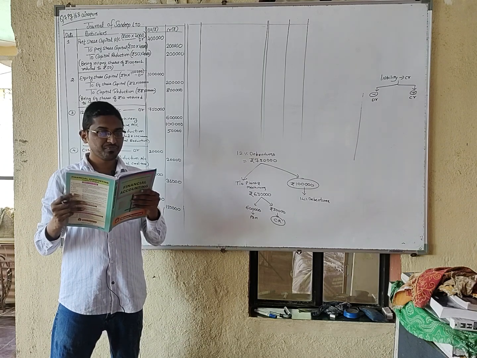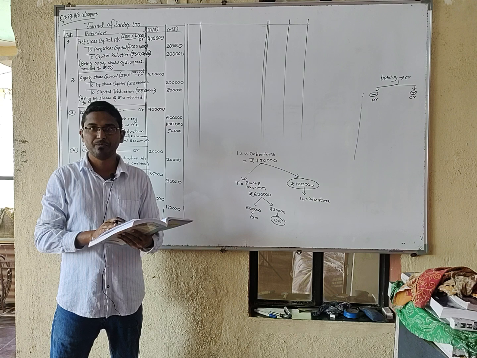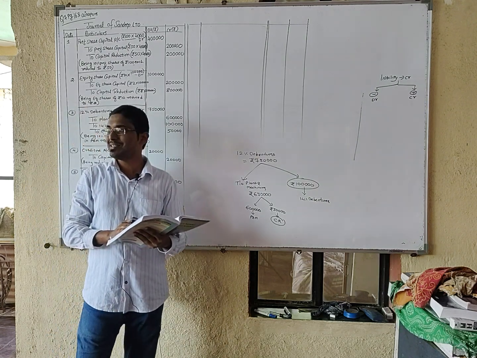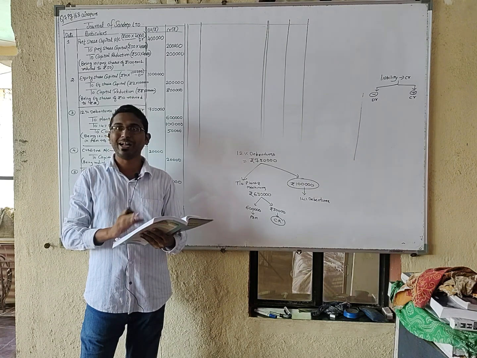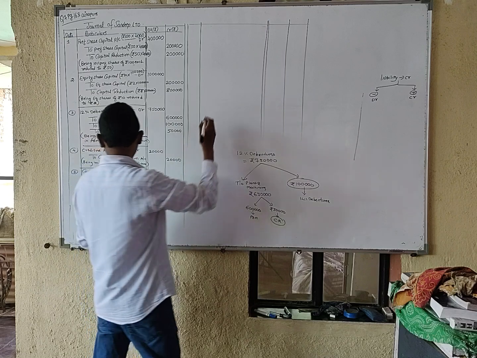Goodwill, patents, profit and loss and share issue expenses are to be written off, cancelled off. Okay. So goodwill, patents, share issue expenses, they are assets, debit balance. So write off. So how to write it off, cancel it off? We have to make it credit. Okay. So the entry will be